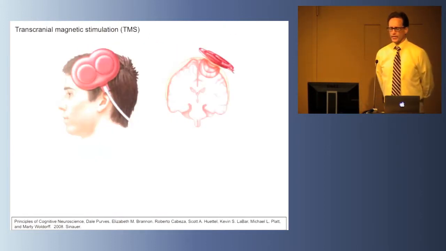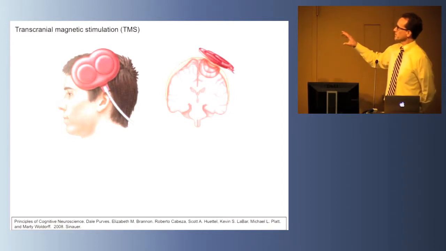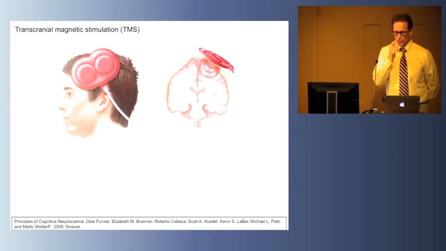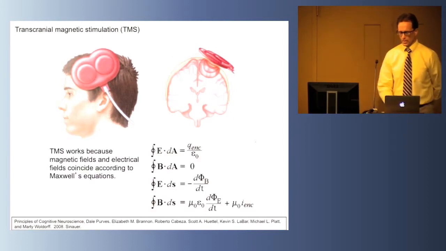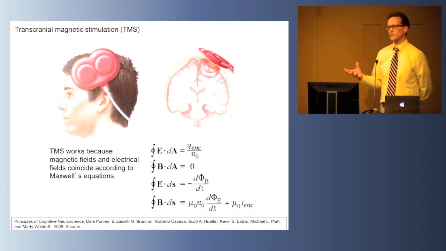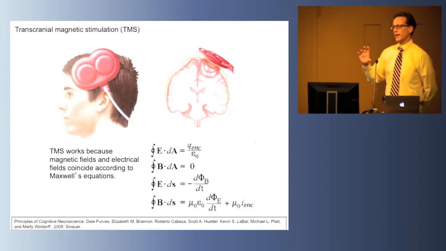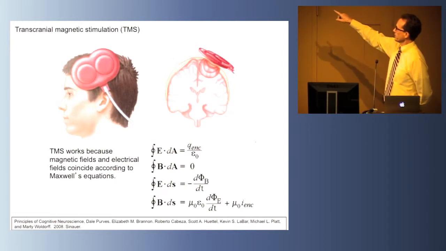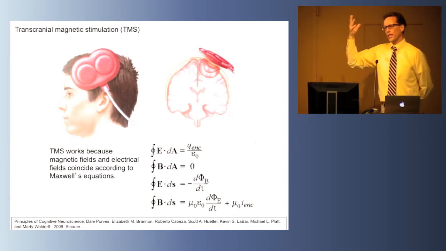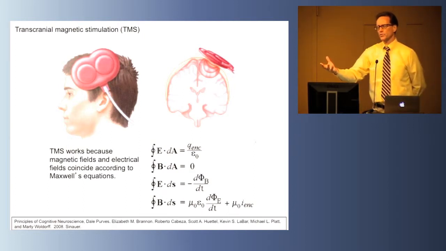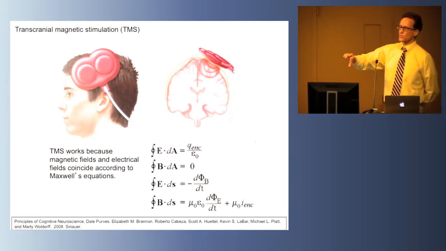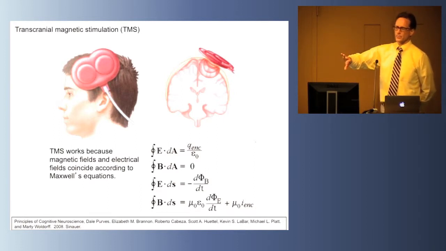This illustrates the method of transcranial magnetic stimulation. The device is an electronic coil shaped like a figure 8. And when an electric current flows, a magnetic field is induced. You don't need to know these equations. I just want to illustrate Maxwell's equations that articulate the relationship between electrical current flow and magnetic field generation. And so in the upper right, we see when the current flows in the coil, a magnetic field is induced. That magnetic field can propagate through the skin and skull into the brain. And that magnetic field, in turn, causes electric current to flow to change the state of neurons in a discrete